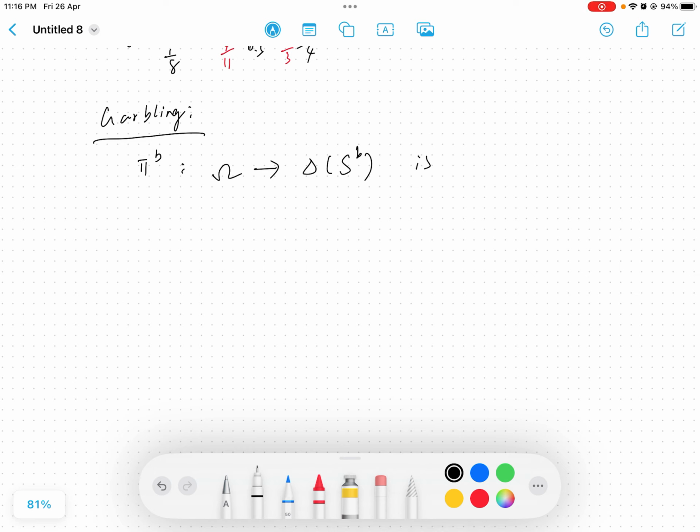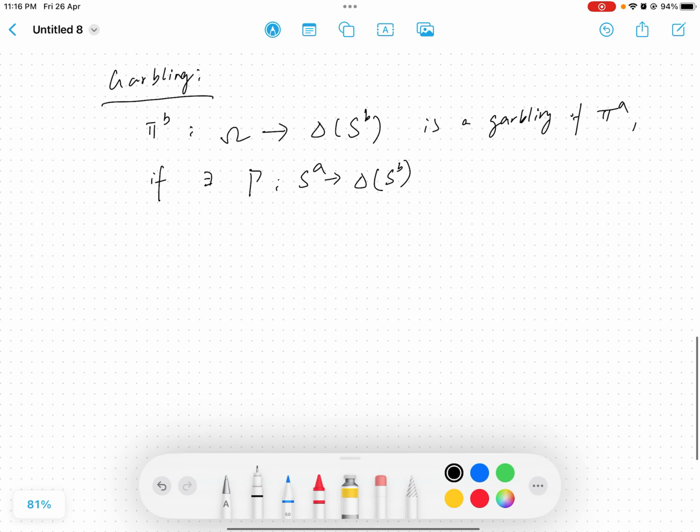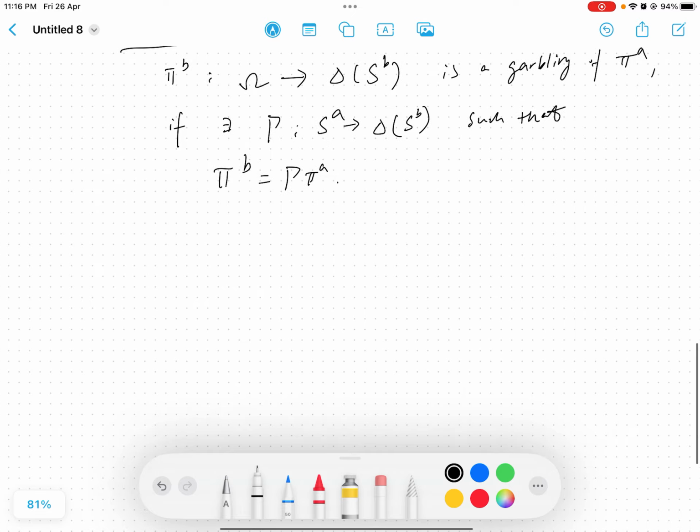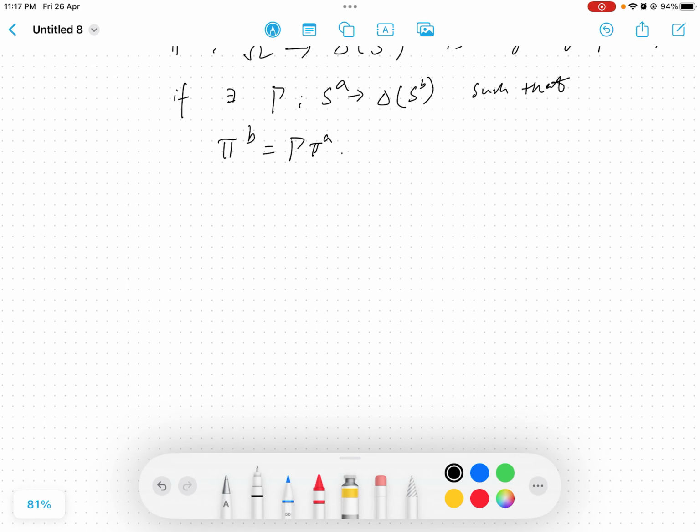This pi b is a garbling of pi a if there exists a function gamma, a map from S_A to delta S_B, such that pi b can be written as gamma composed with pi a. Explicitly, for any omega,